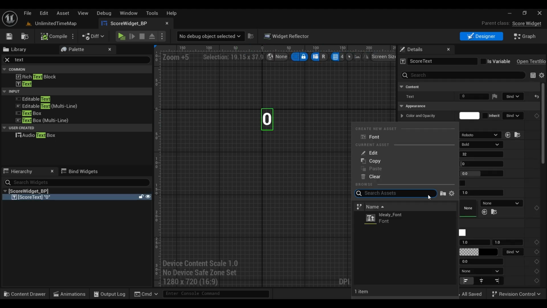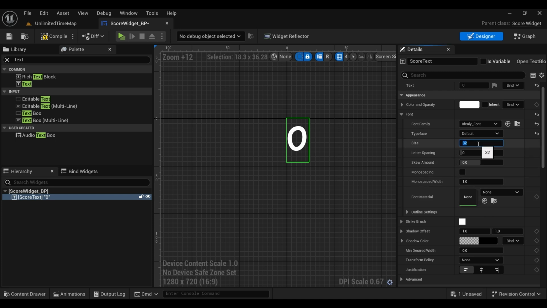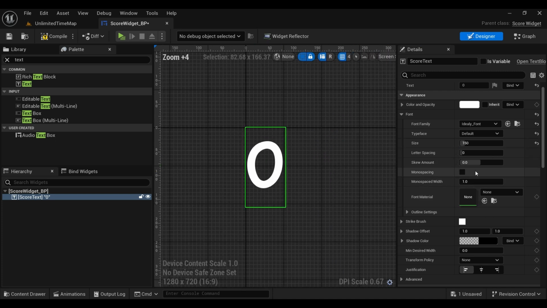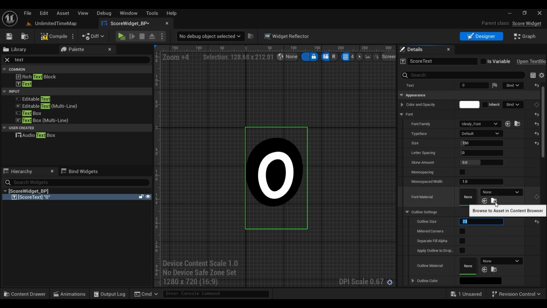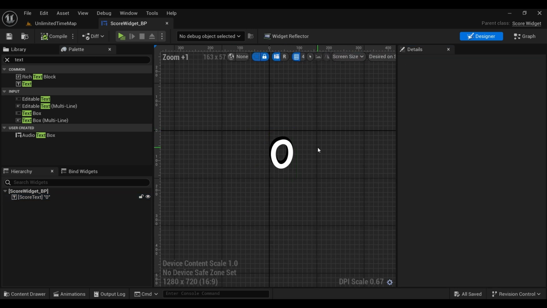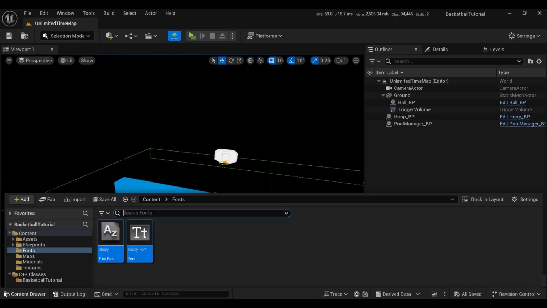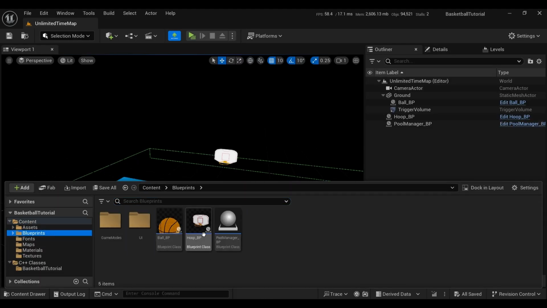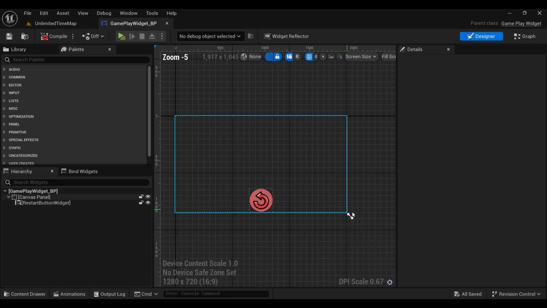Okay, now we can change it here like this, and let's maybe give it a bigger size like 150, and outline maybe 5, or yeah, or 3, whatever. Okay, and what else? I think that's it now. Let's go to our gameplay here,